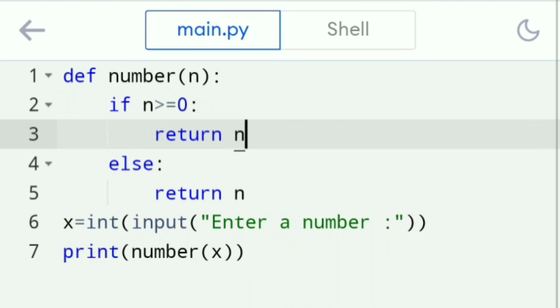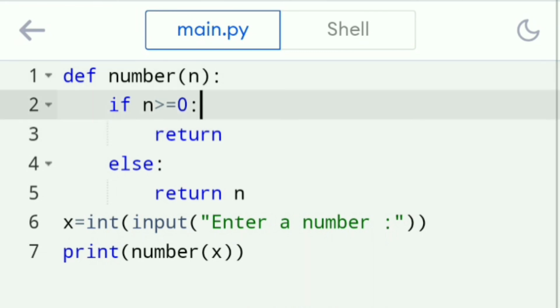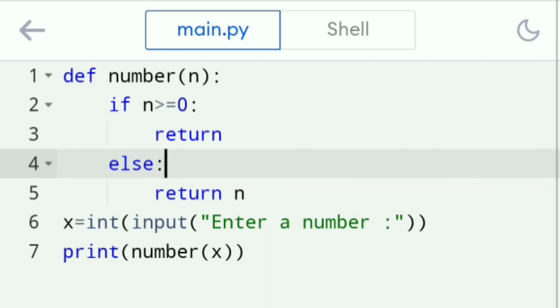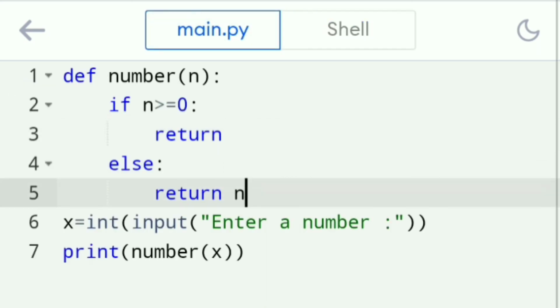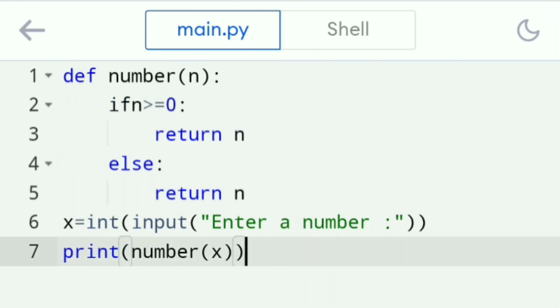A return statement can be with an expression or without an expression. So let's delete this n and execute this program so that you can understand what will happen if there is no expression. The if block's return statement is empty, so let's run the program. Here we are supposed to give a positive number to see what happens. Yes, a None object will be returned. So if a return statement is holding an expression, that value will be returned back to the caller, that is the function call statement. Like this the return statement will be executed.